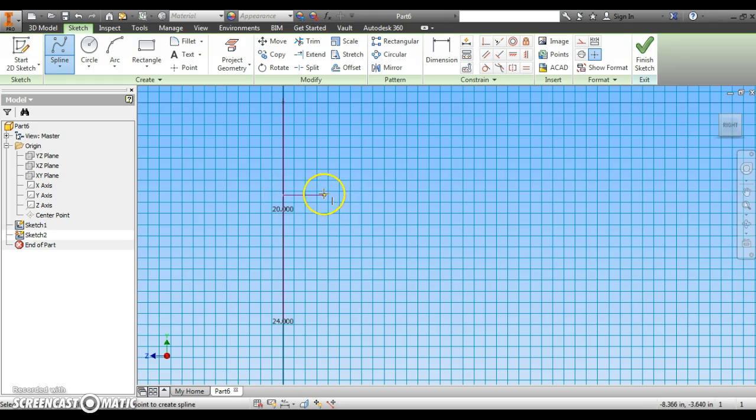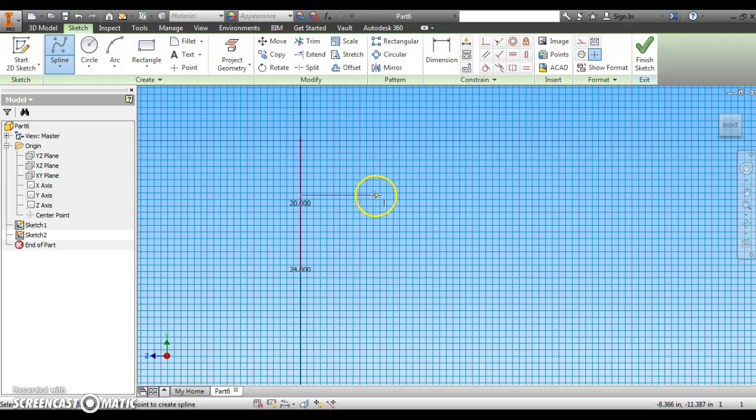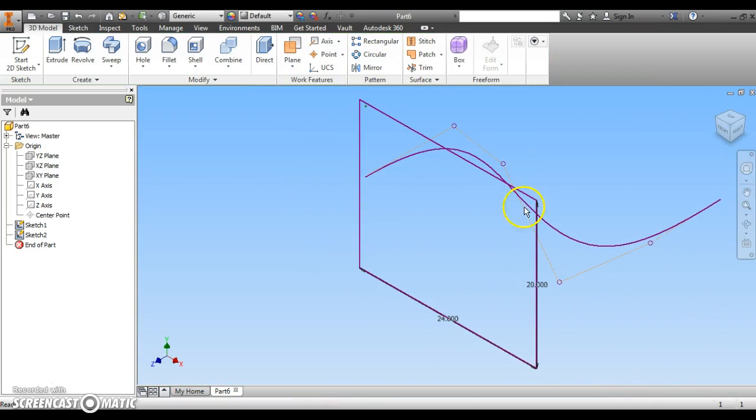and start drawing. I'm going to zoom out a bit so I can kind of see the path I want it to take. Nothing too fancy. That looks pretty good to me, so I'm going to click on the green check mark. I'm finished sketching. I have a simple sketch that shows the diameter of my slide. I have a simple spline to show the path I want it to take, and I'm going to click the